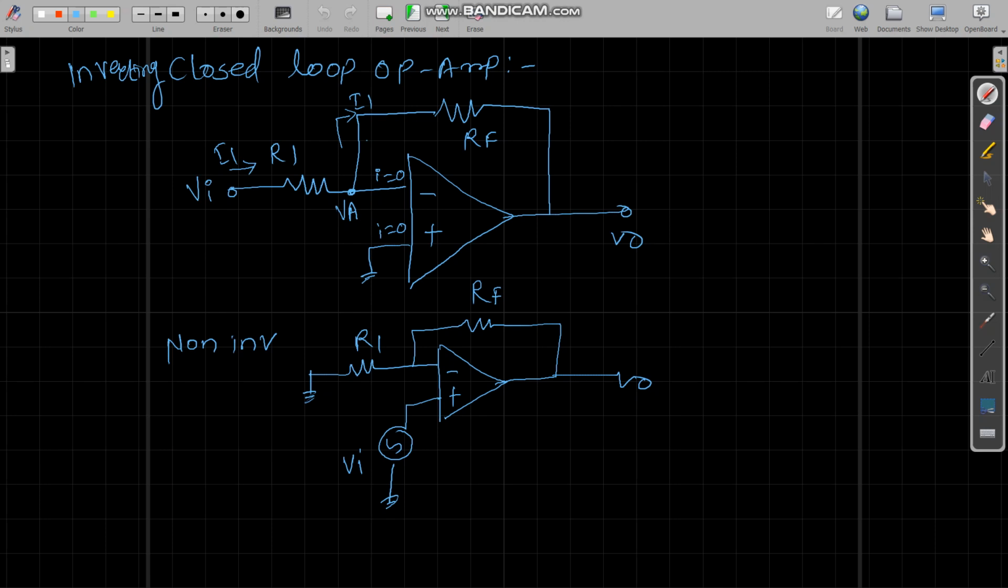So what will be the output equation for the inverting and non-inverting? If it is inverting, your V naught equals minus RF by R1 into VI, whereas for this it is 1 plus RF by R1 into